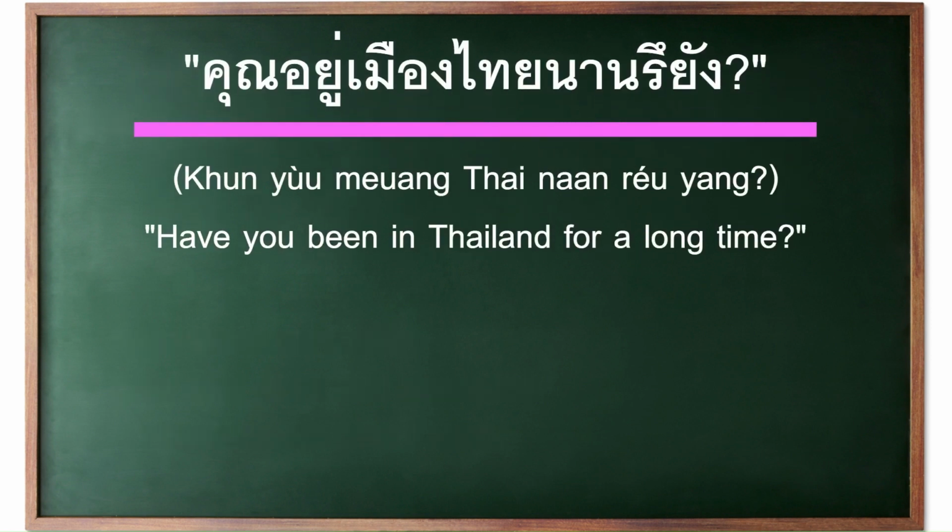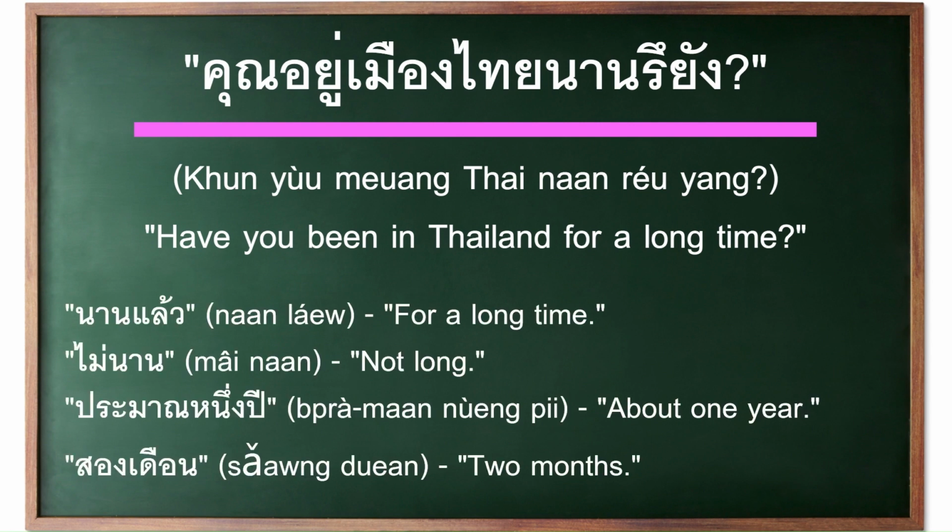However, for an even more relaxed tone, another variant to ask about someone's time in Thailand, คุณอยู่เมืองไทยนานหรือยัง, can be employed. This translates to, have you been in Thailand for a long time? And carries a subtlety that implies curiosity without demanding precise information, which can make it ideal for very informal interactions. This phrase is less about seeking a specific answer and more about opening up a dialogue that invites the other person to share more about their experiences as they see fit. คุณอยู่เมืองไทยนานหรือยัง